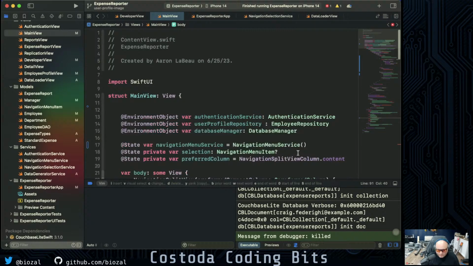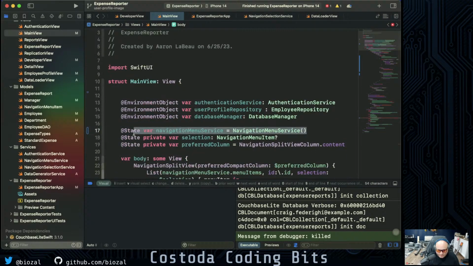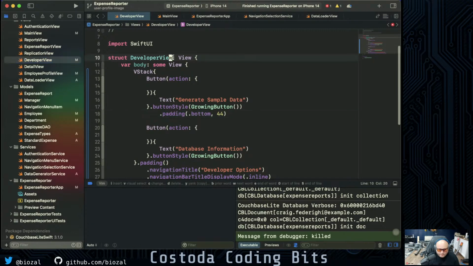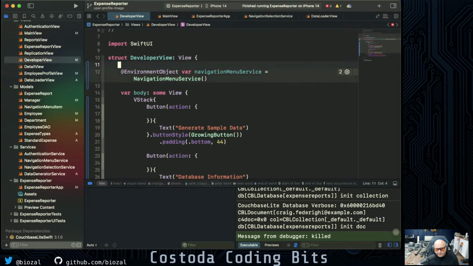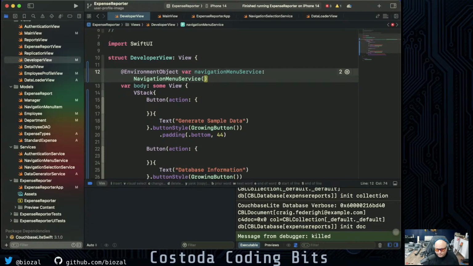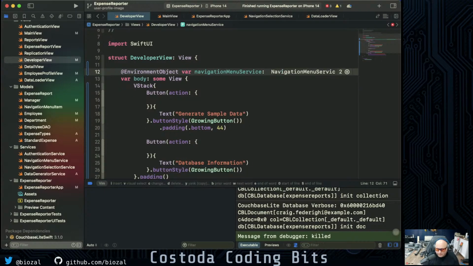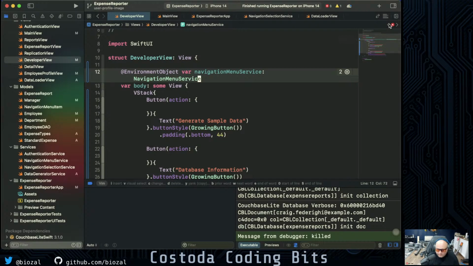Okay. So we're going to just grab this right here. And we're going to go into developer view, and we're going to make a reference to it. That's pretty easy. We just go up in here. We say this, but instead we're going to say environment object instead of state object. Environment object. And so now we have that set. We just need to go back to main view and pass the reference to navigation service. Oh, and we don't even need this equals. We can just say this. We just want to say service here. And let's get rid of our,